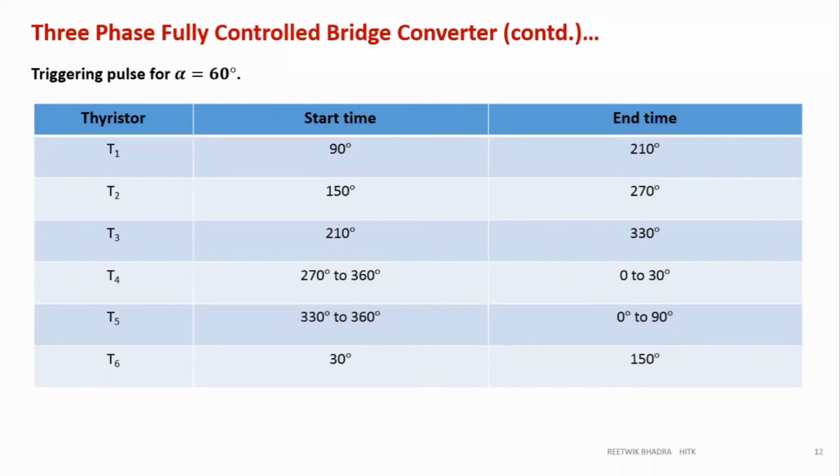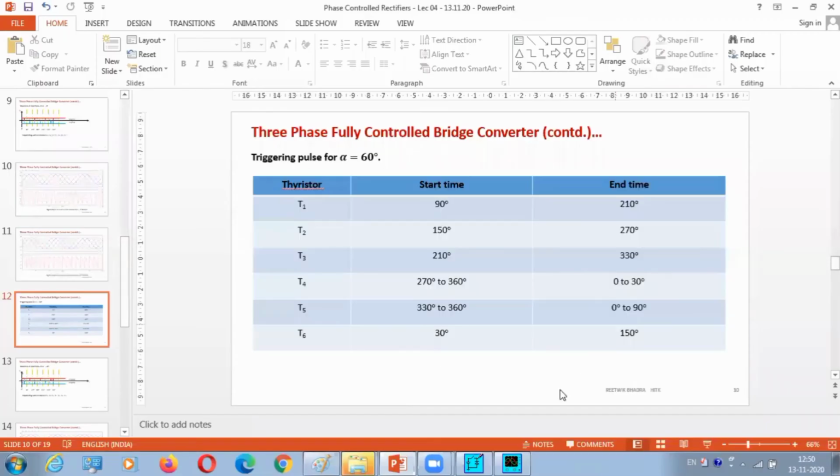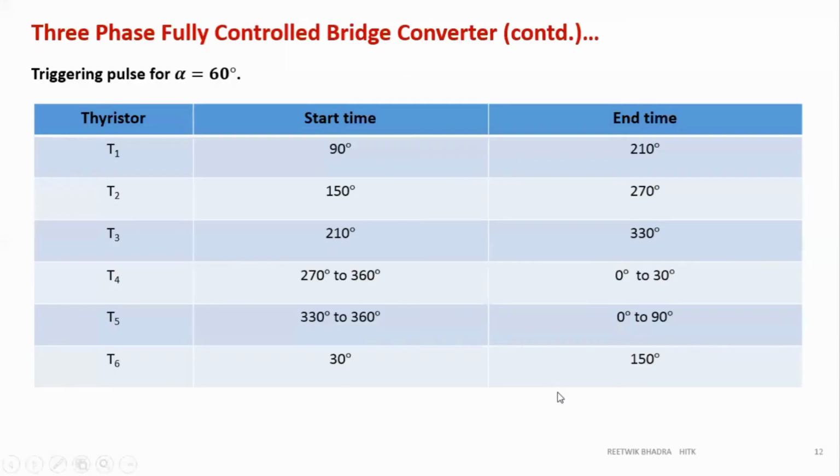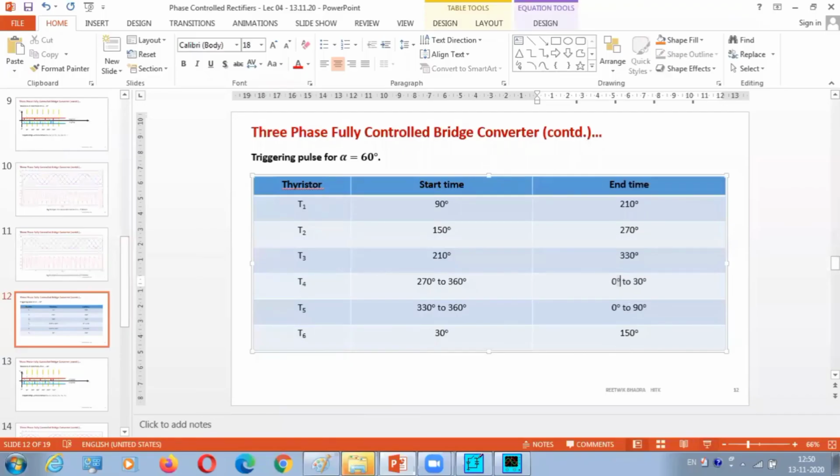So you should end your time at 360 and then continue the next time from 0 degree. So that is what I have told you over there. So you can do these things. I can change this to 0 degree and make it 0 degree. So you can go through this, and you can perform any simulation.